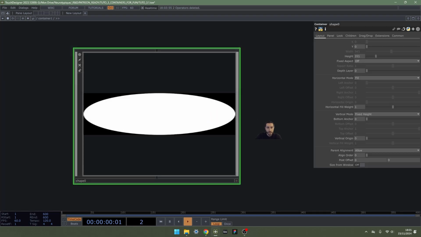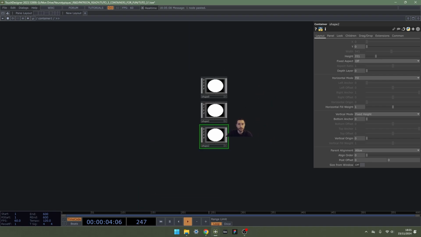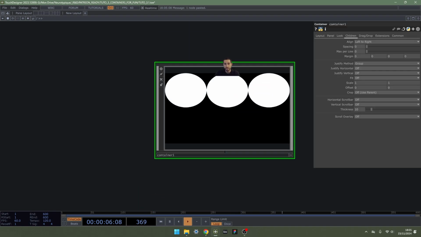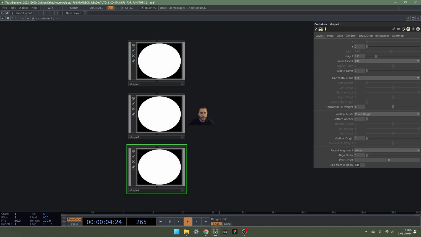And if we copy paste them a number of times, we see that as we selected left to right for our circles to be aligned, and we selected the horizontal mode to fill, now it's setting the width evenly between our different shapes.